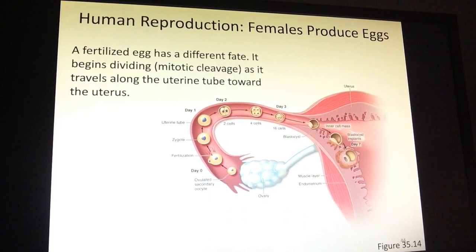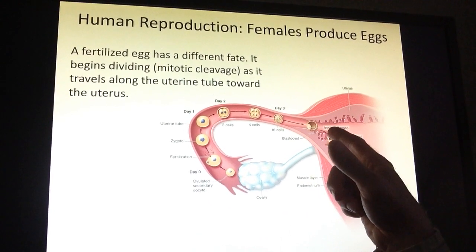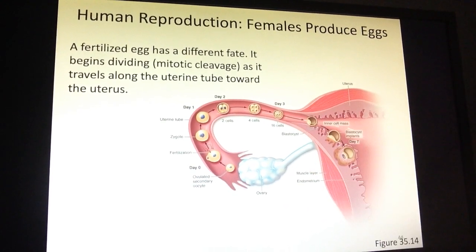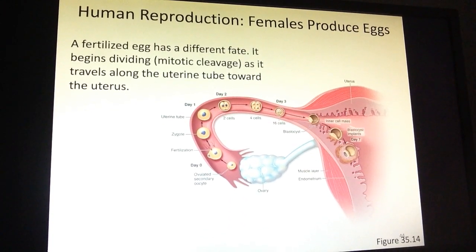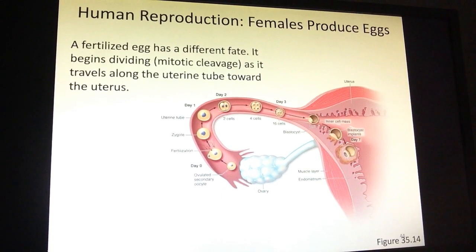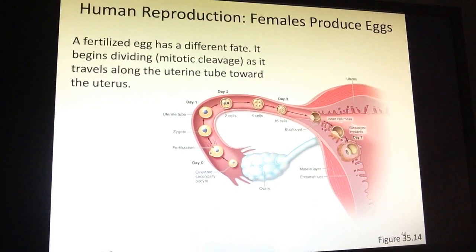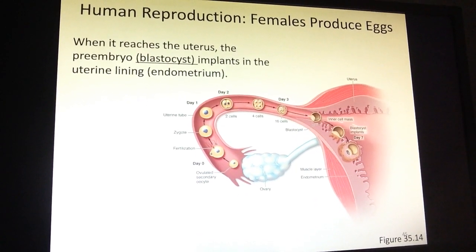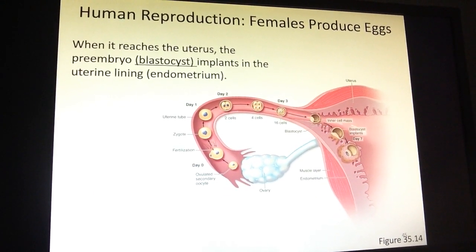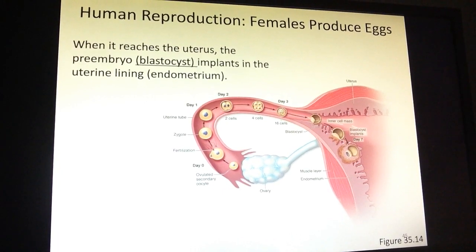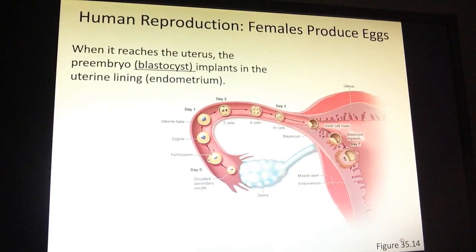So the blastocyst has two parts: an inner cell mass, which will become the embryo, and then an outer group of cells. The outside cells are the trophoblast, and they will become the chorion, which will then become the placenta. Okay, so that's the placenta there, but this diagram is not labeled with trophoblast. One later on, I think, is. So there it is, underlined, blastocyst implants in the uterus, in the lining of the uterus, in the endometrium, which has been thickened by progesterone. Progesterone preps for pregnancy, basically thickens that